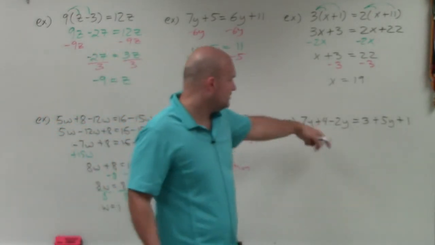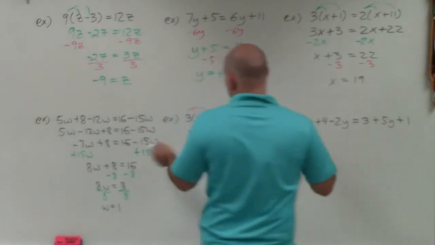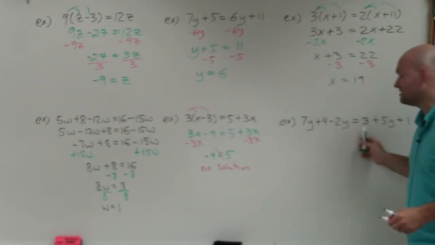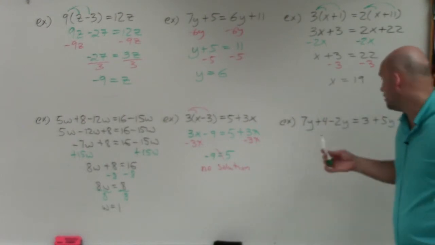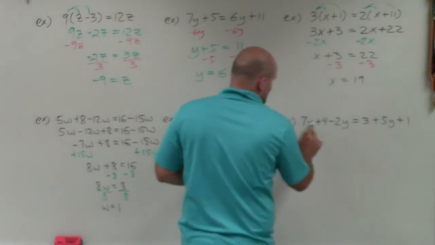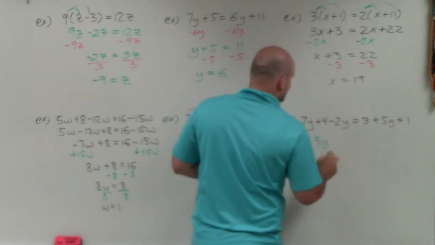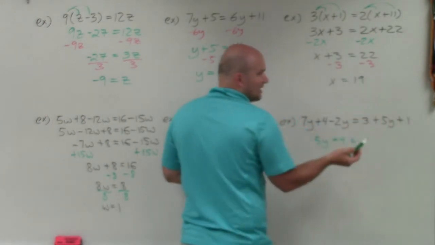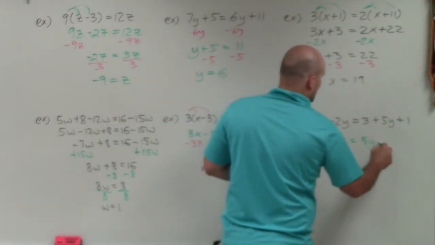In the next example here, again, we need to simplify it. I'm not going to rewrite these like I did over there. You see that I have variables on the same side and numbers on the same side. So I'm just going to combine them. 7y minus 2y is 5y plus 4 equals, or 3 plus 1, I can just combine them, equals 5y plus